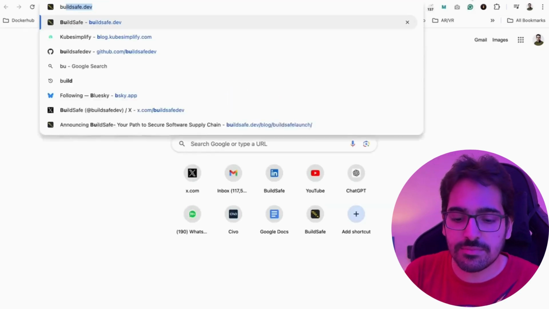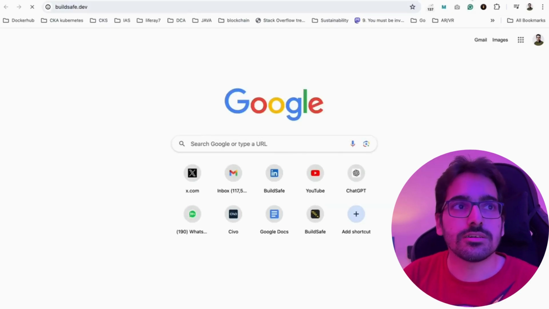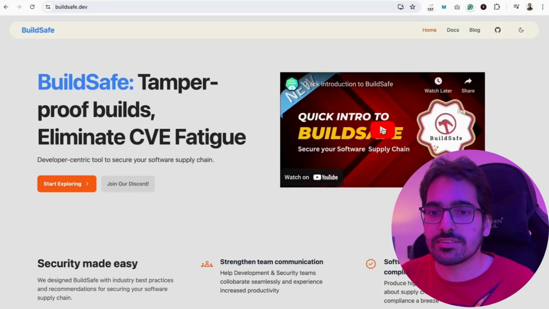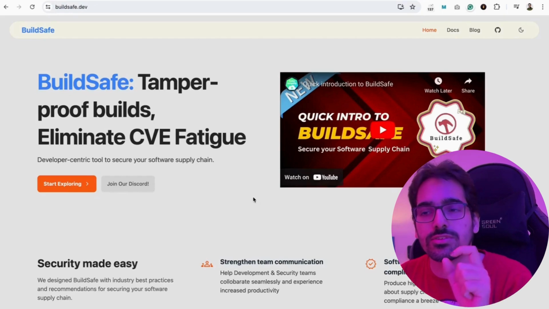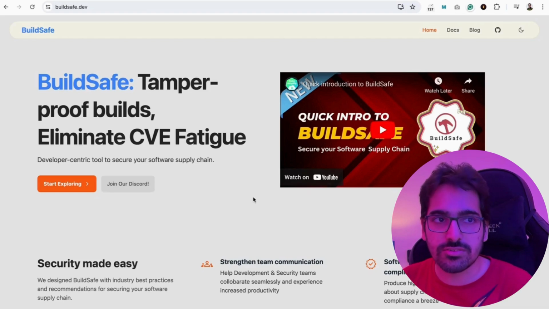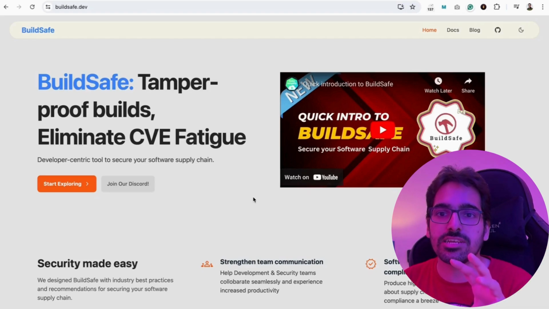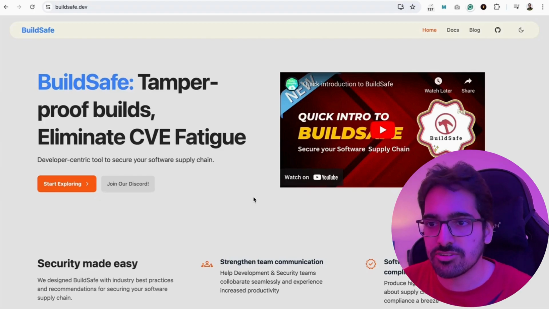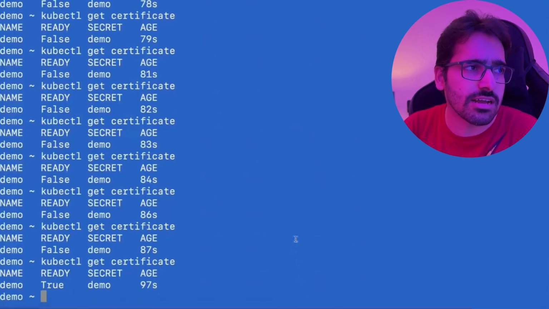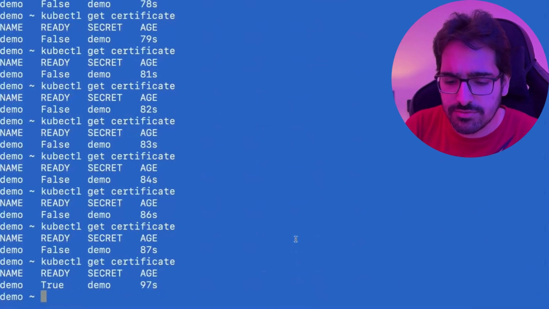Now, the next step that we are going to do is deploy it using BuildSafe. So I have a video where I've already explained what BuildSafe is. It's also a CLI tool which uses Nix under the hood to build your applications securely. So you can actually package your application with 0 CVEs and make sure it is very secure. Since it is using the Chainguard base image, it should not have any vulnerabilities,